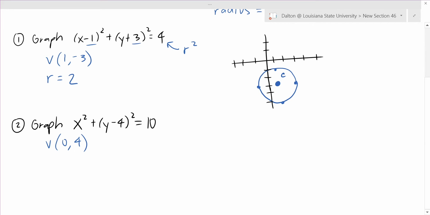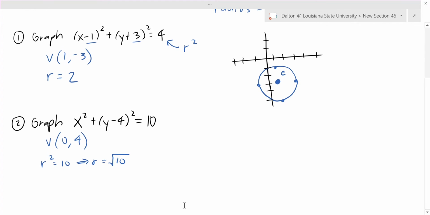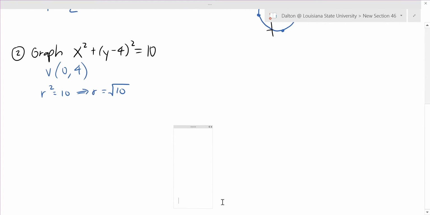And then again, if r squared is equal to 10, then that implies that the radius is equal to the square root of 10. Now, obviously, you're not going to graph this perfectly because the square root of 10 is not a square number. You're just going to do your absolute best to estimate where this should be. So if it's at 0, 4,